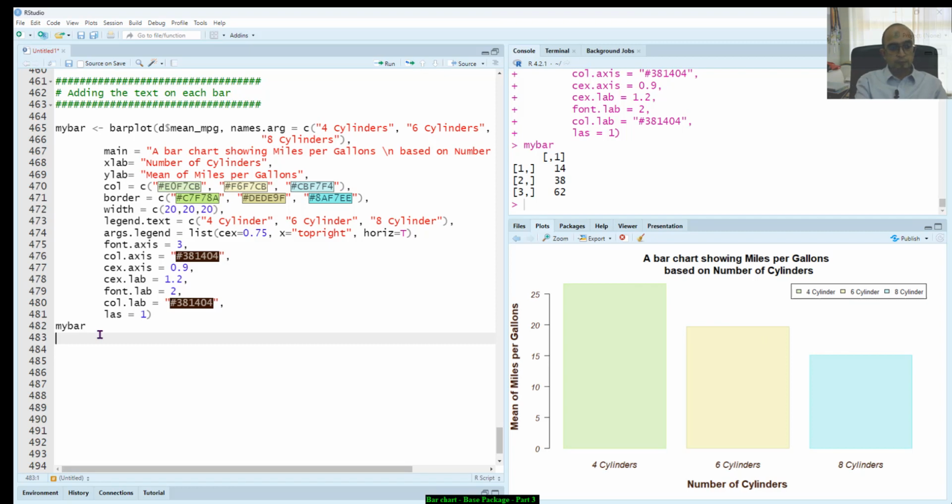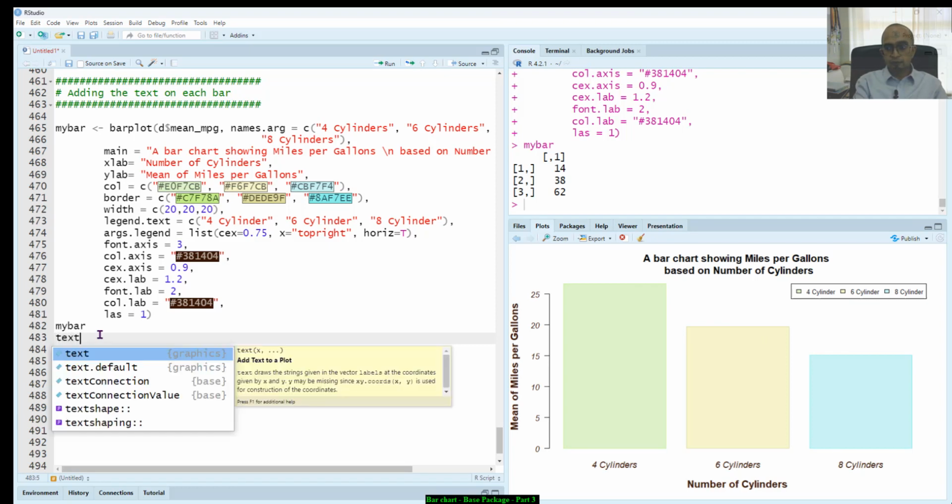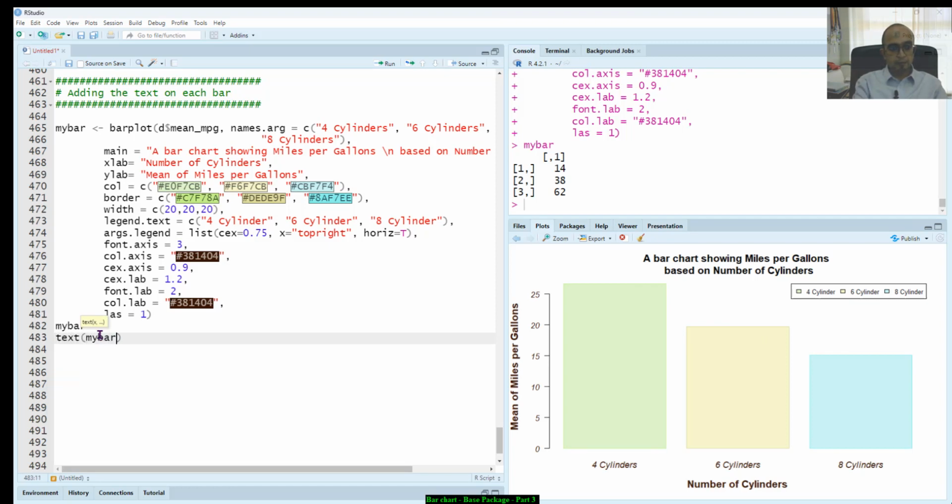Then I want to use the function text on my bar. So I'm going to add the text on my bar, and I'm going to show the label, which is mean MPG, right? And then I'm going to use paste and round the mean MPG,